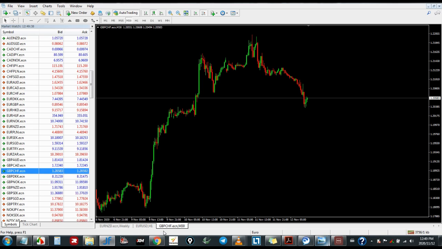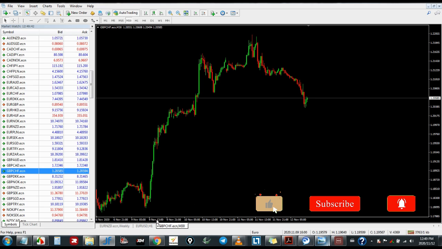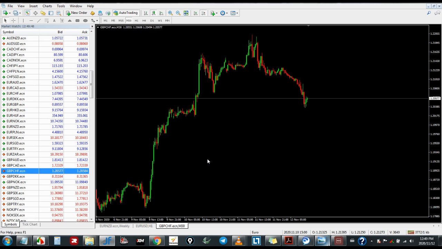Also, if you already have one position on GBPCHF, you can do 0.01 on GBPCHF and do another 0.01 on GBPCAD. Depending on your account size, you can do 0.05 and 0.05. You can split your risk in half instead of using a very big lot size. Split your risk when you are dealing with currency correlation.